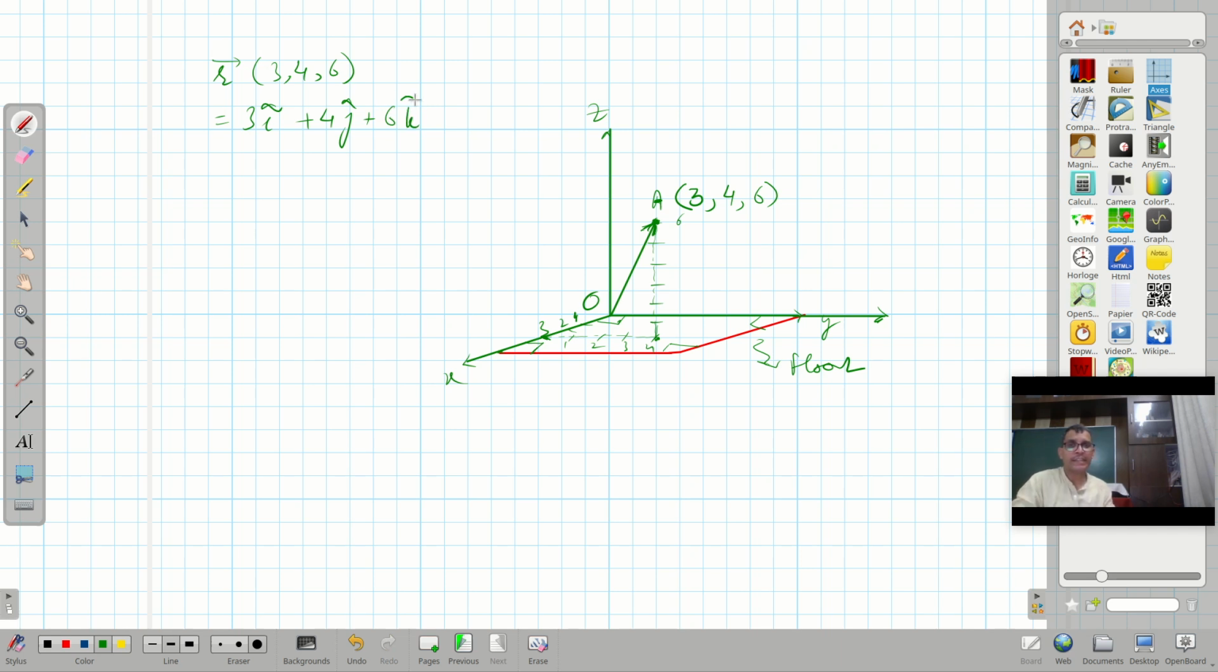So z direction is represented by k vector. Let us assume that, because k cap is the unit vector along z-axis. So the direction along x-axis is represented by i cap, direction along y-axis is represented by j cap, and along z-axis it is represented by k cap. Now let us try to look at this particular problem. So say if the xy plane represents the floor,